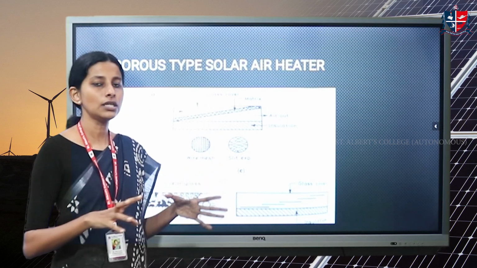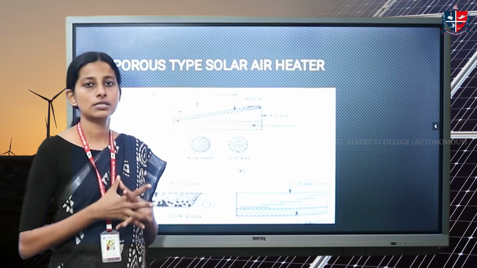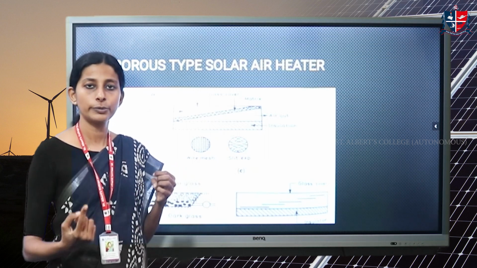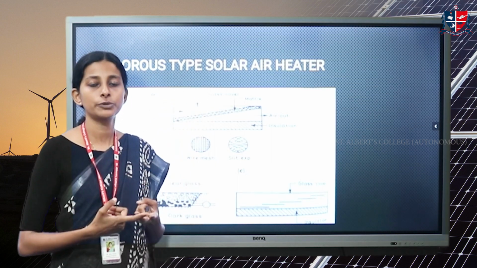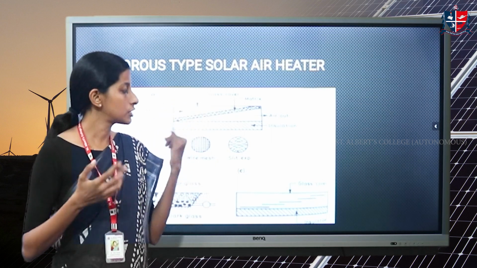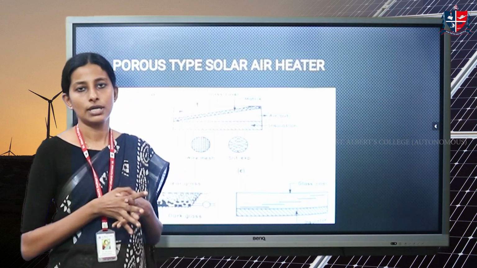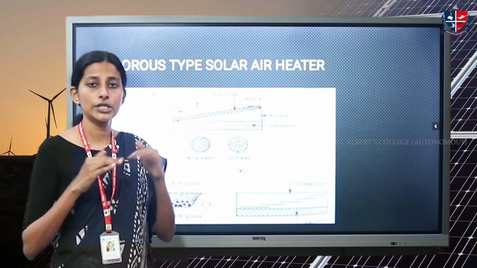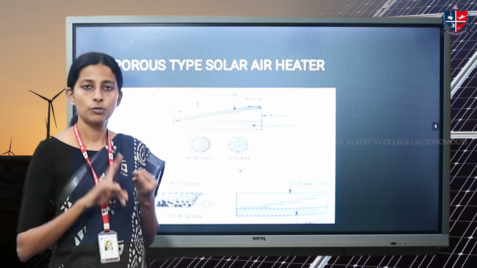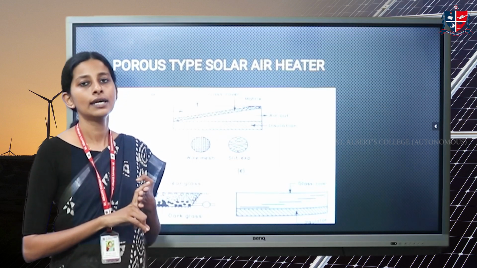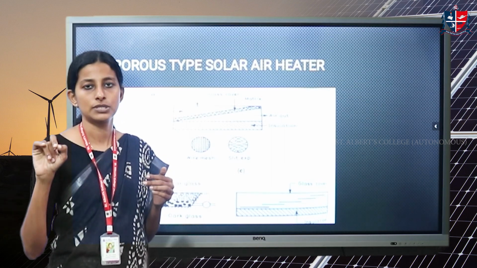So in this session, we have seen what a solar aerator is, what the different parts of a solar aerator are, how you construct it, then based on circulation, there are two types, active and passive. Based on the type of absorber plate, there are broadly two types, porous and non-porous. We also delved into the advantages and also the disadvantages of a solar aerator. Then we moved into detail on each of the non-porous and porous types. In the non-porous type, there are broadly 5 types: airflow above, airflow below, airflow above and below, and then the absorber plate itself has corrugations, and the absorber plate has metal fins attached to it. These are the 5 types.